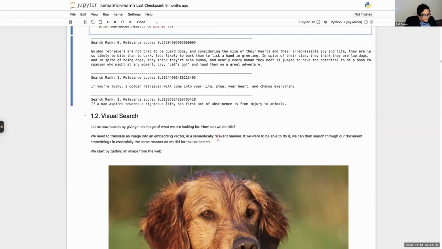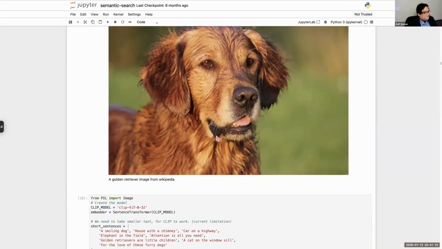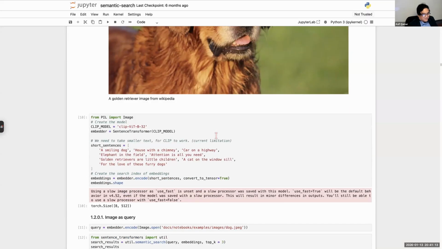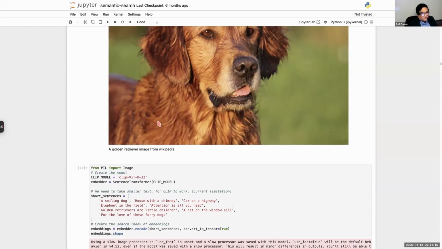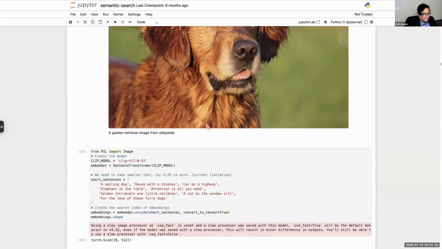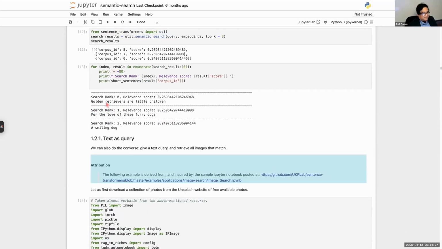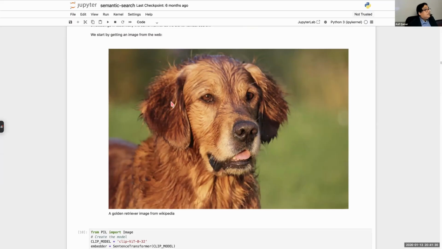So let's go further. Can I do visual search? Who says documents must be text? So I'm taking this corpus and I'm showing it a dog. Now an embedder will convert this into a vector and search, and when it does that, look at the results it comes up with. What is the input to the embedder? It is just an array of floating point numbers, pixels. RGB channels are what? Just numbers.